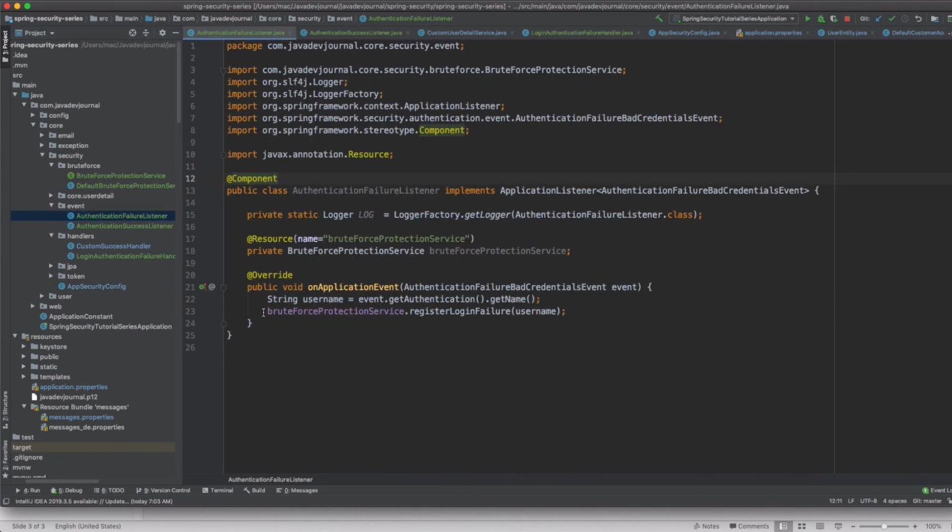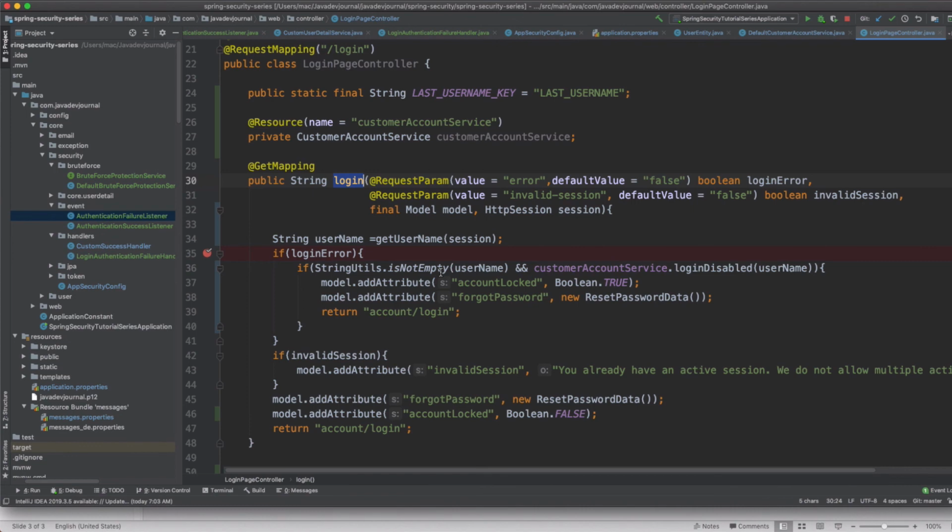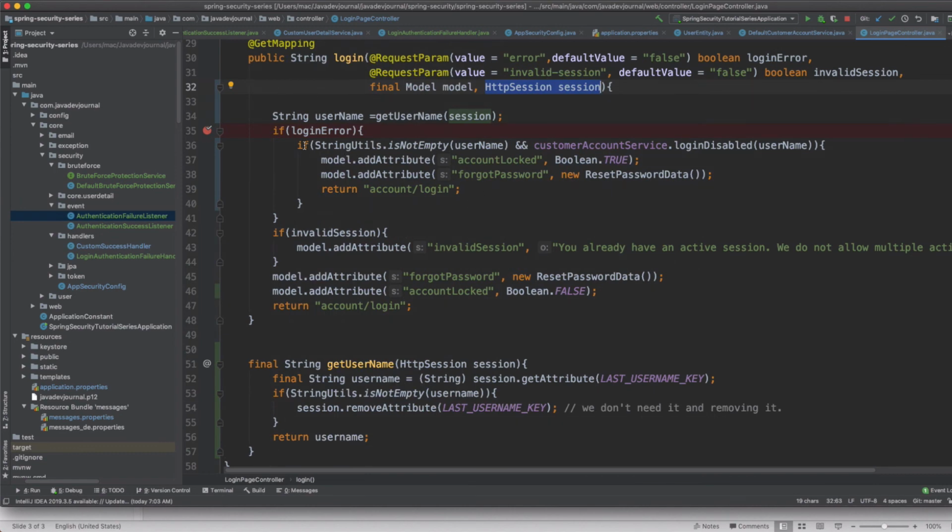We are storing the failed login attempt, tracking it in the database, and then taking an action. And once your login has failed, we go back to our login controller. With the login controller we already have a username which we saved in the failure handler. We pull out the information and show a customized message to the customer.